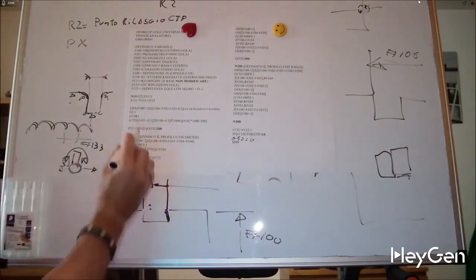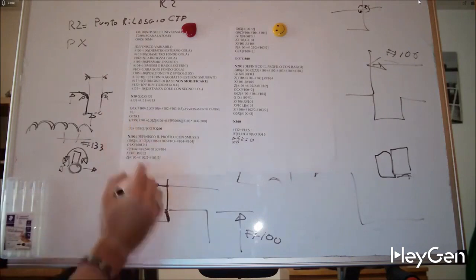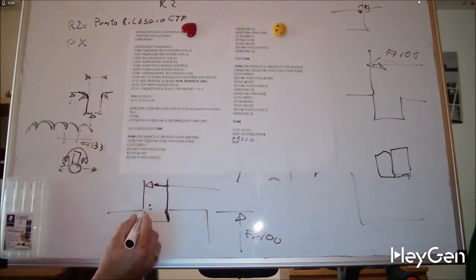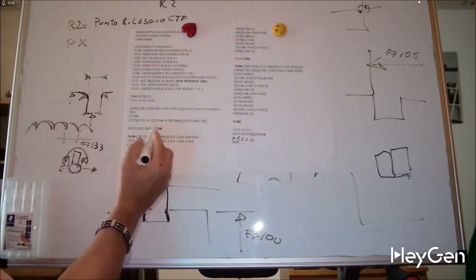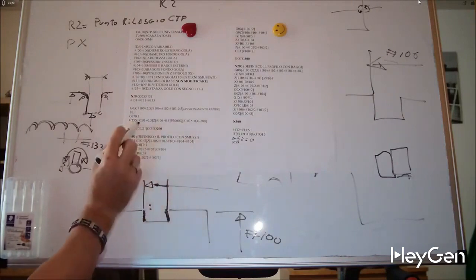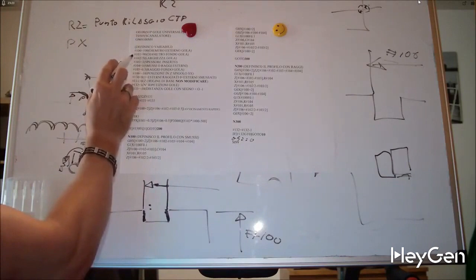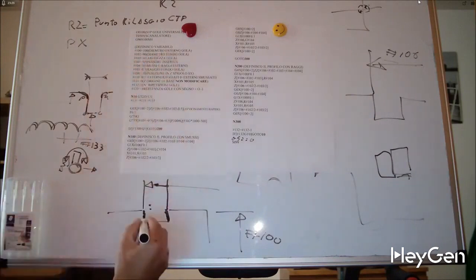Obviously, for the final Z, I put hashtag 101 plus 0.5 to leave some excess material here too. And for the bottom of the groove, I put hashtag 101 diameter of the bottom of the groove plus 0.5 to leave some excess material here as well. Then I go on to